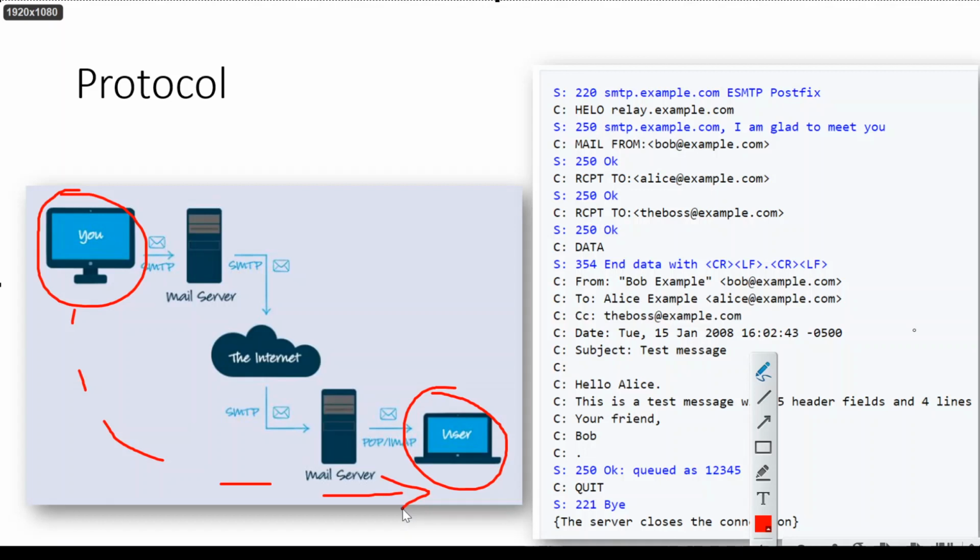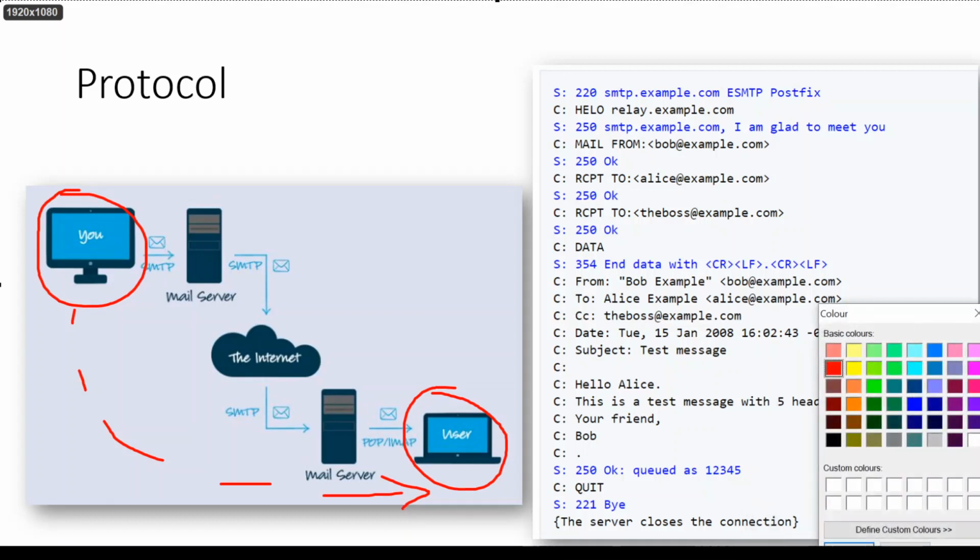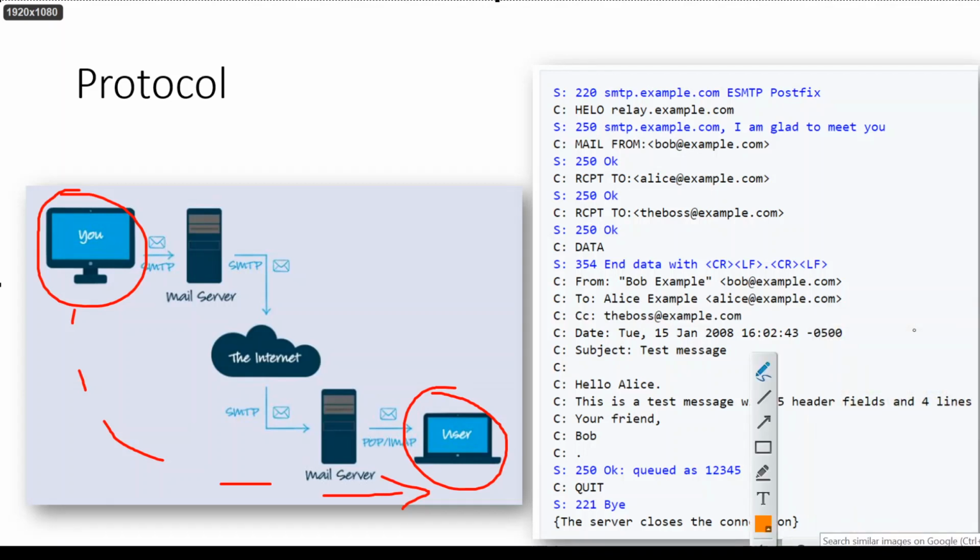So this is exactly the same process, but here there are no people involved. What is happening here is you are writing a mail. Let me take another color. Here you're writing a mail, and then you need to deposit the mail to a post box. That post box is nothing but what you reach when you click the send button. This is our first post box, that is, the nearest server.